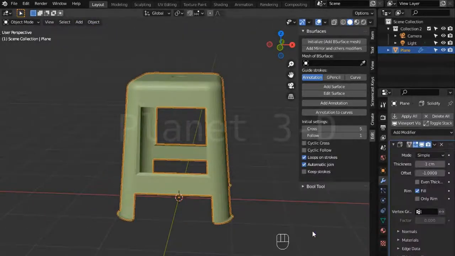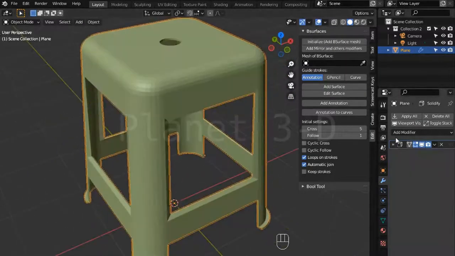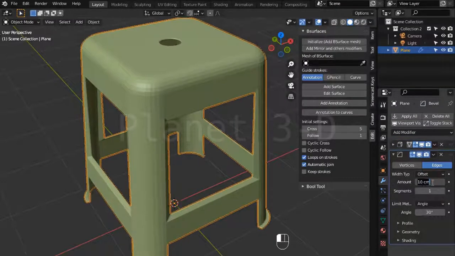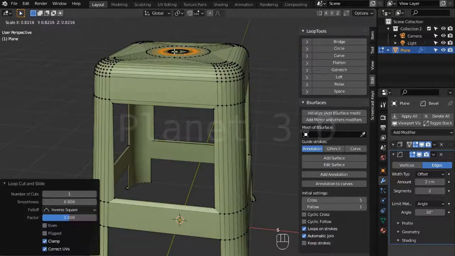add Solidify Modifier for thickness, add Bevel Modifier and change the values, right click, click on Shade Smooth, add one edge loop here and scale,